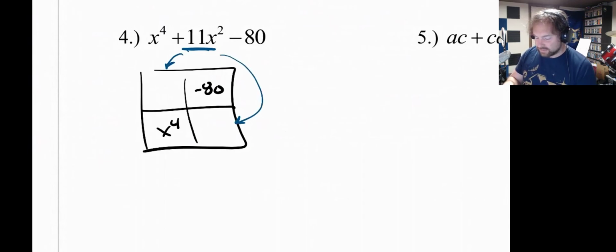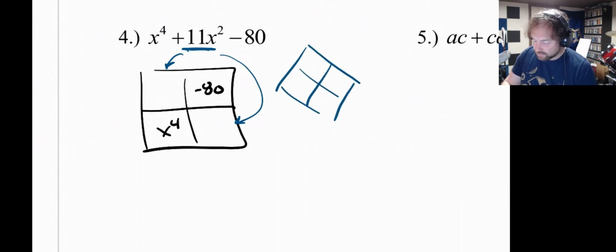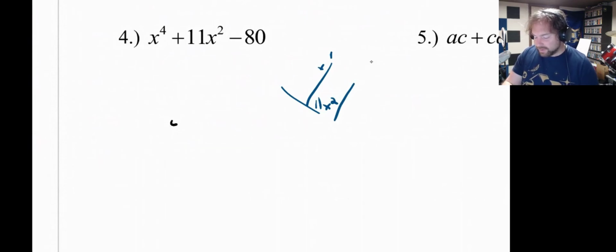This is fine. If you want to do a method like this, it certainly does work. You could solve maybe a quick diamond problem where you need two numbers that add to 11x squared and multiply to negative 80x to the fourth, and then that would be how you fill up the boxes. You could use a slip and slide or some other thing. But I think I'm going to erase this from my notes. I think the best way to solve this problem